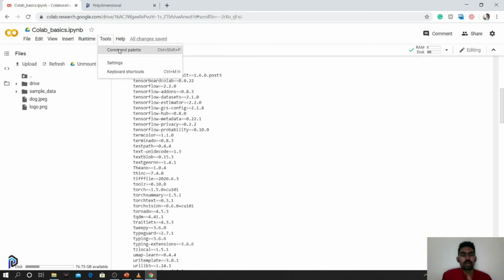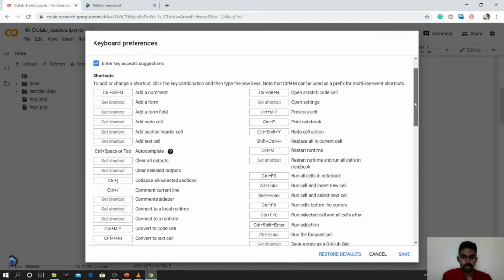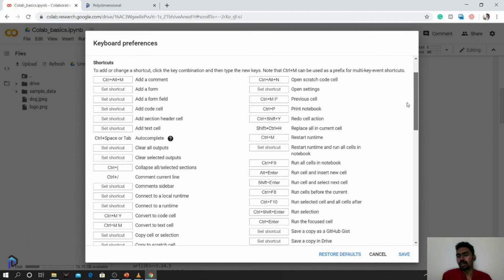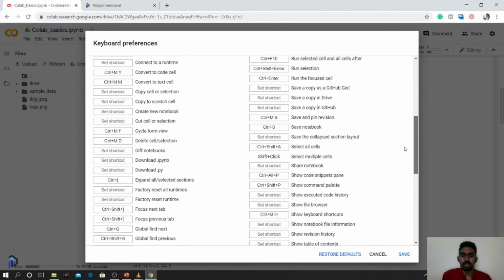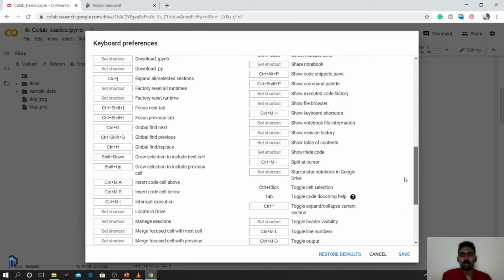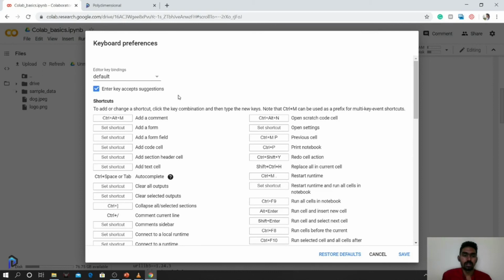Okay. In tools, you have settings and shortcut keys. So go to the shortcut keys. These are the various shortcut keys that are available. Okay. So it's enough that you know some of the basic important shortcut keys. But if you are a person who actually wants to have shortcut for many functionalities, you can explore more on this, and you can also customize it for yourself.